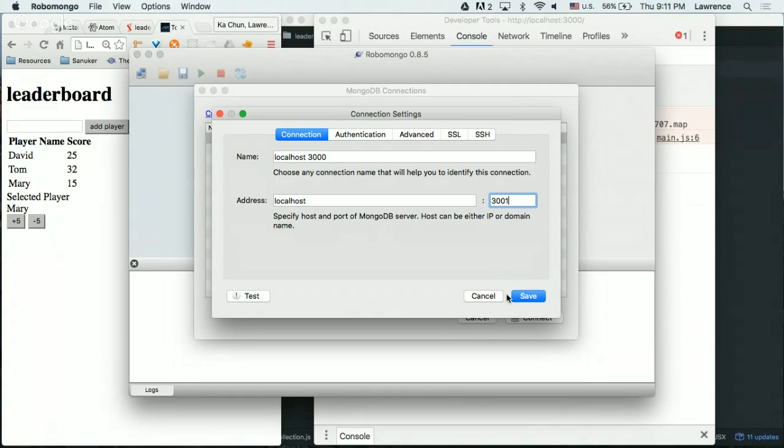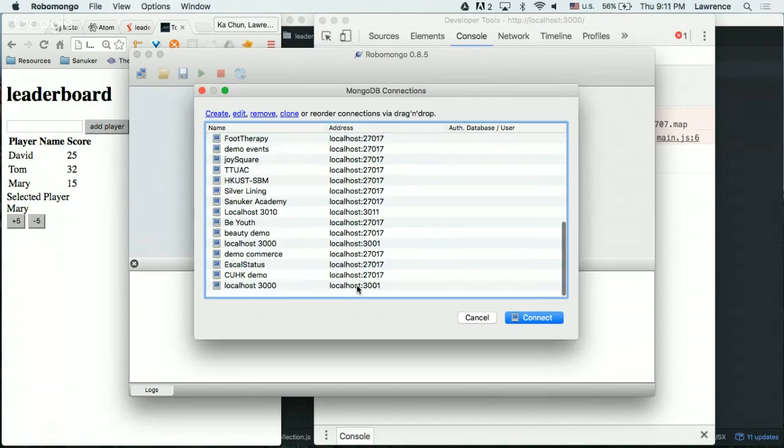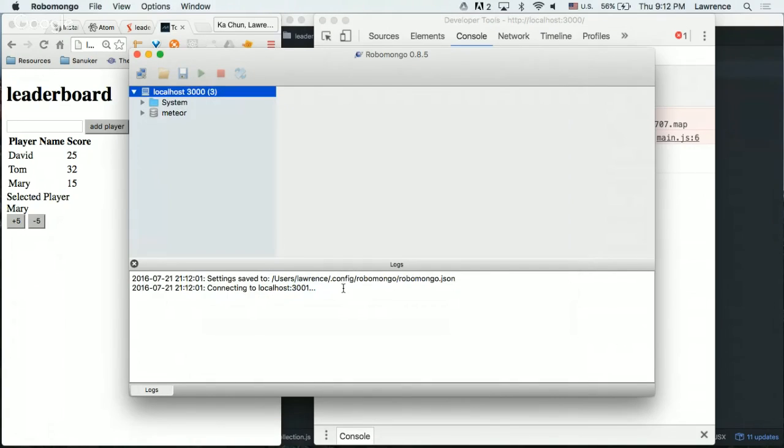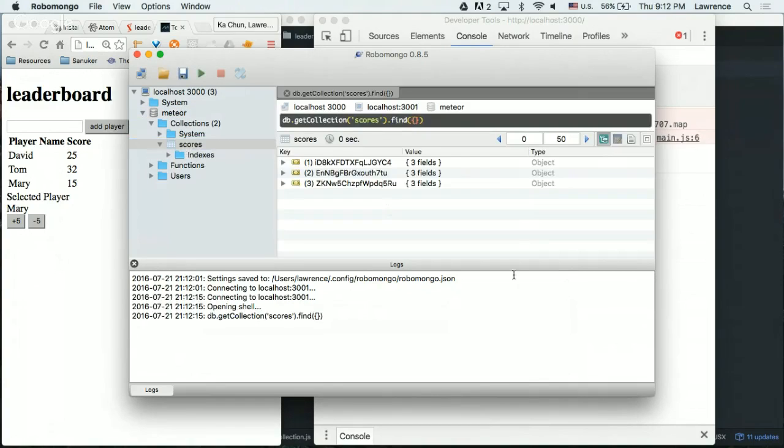Okay, and then if you go back to your list, double click it, and you should open it. You see a folder called system and also something called Meteor. Open the Meteor one. You should find 3 folders. Double click the collections one, and you should see scores. Try to open it.